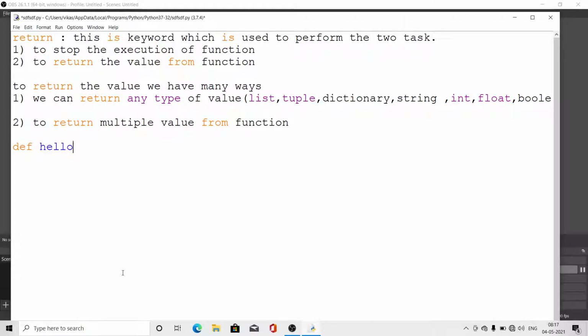Definition hello, and we can write here return 12 comma 45 also. So this is a way of returning multiple values throughout the functions. But when the functions return multiple values, all these values it may return in the form of which? Tuple. Why? Look here, I will show you.